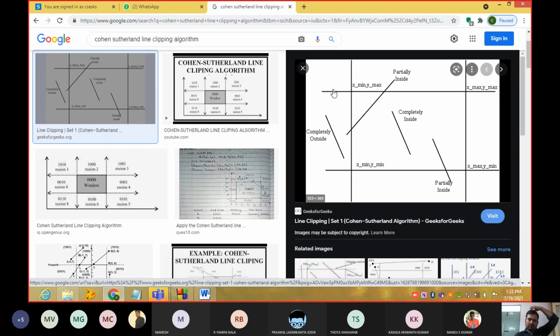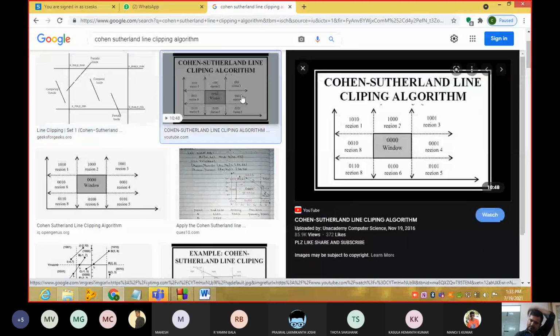See here, this one gives a better explanation. We are supposed to create the entire window. First, we are supposed to draw that window, and we are supposed to assign the values: bit 1, bit 2, bit 4, and bit 8.